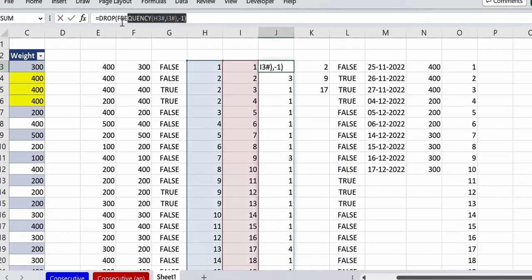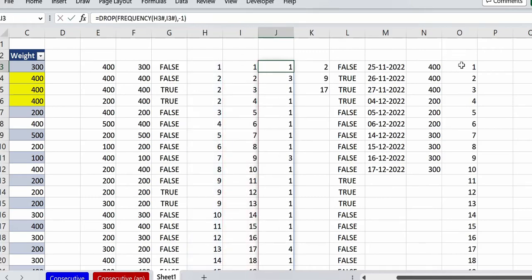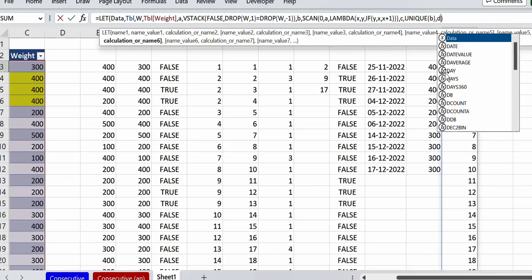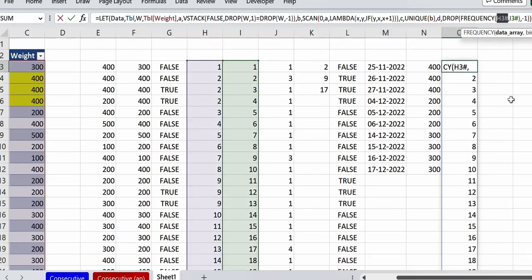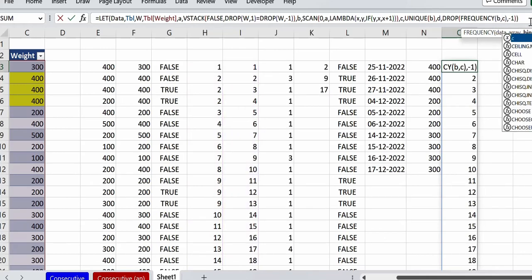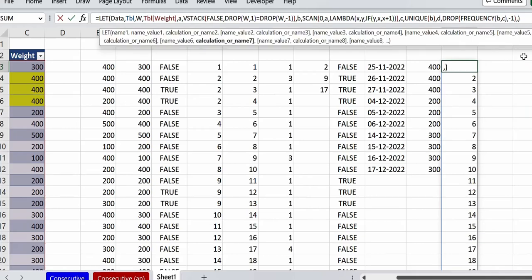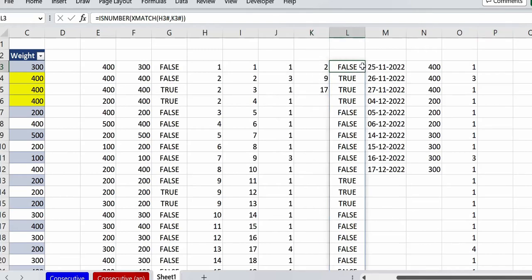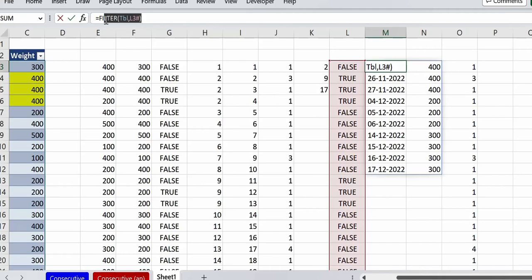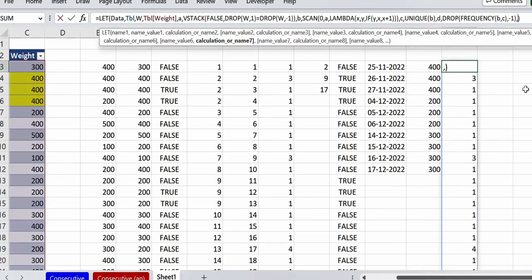And then as our next step, again let's copy this. Again come here, let's define another variable d. Let's paste the formula. In place of h3 hash, we would pass the b variable, and in place of i3 hash, we would pass the c variable. And let's say we want to see d as our result from the let statement. So we have done until here, right? So now we would copy this particular part, right? And as our criteria, we would wrap all these two statements inside a single function. So let's